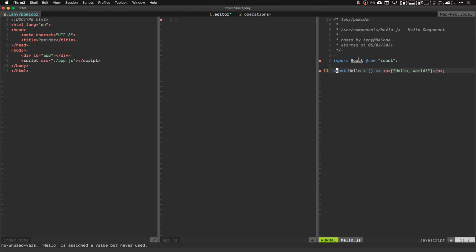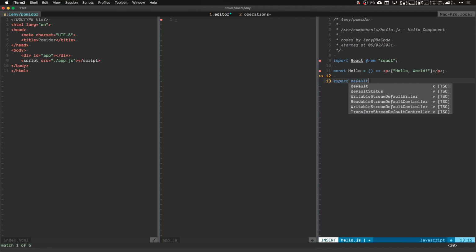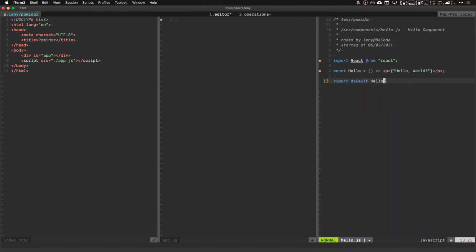As you may see, in React we are using a syntax called JSX, which is kind of a way to write HTML inside JavaScript files, and we need React to be imported inside the files to understand it. Last thing that we need to do is to export our component, since we are using it outside. And now we can create